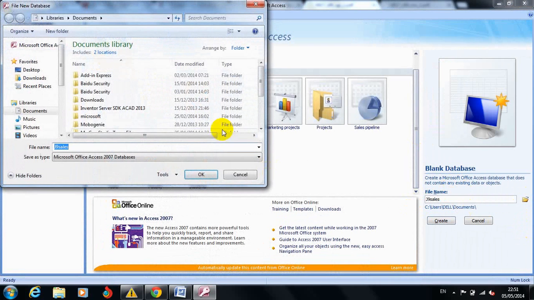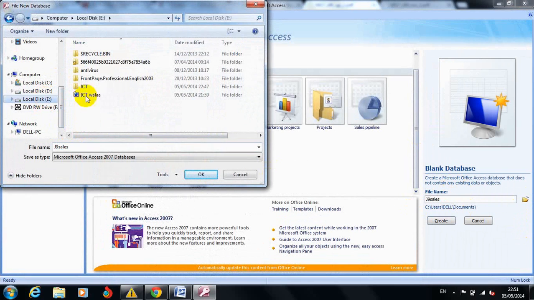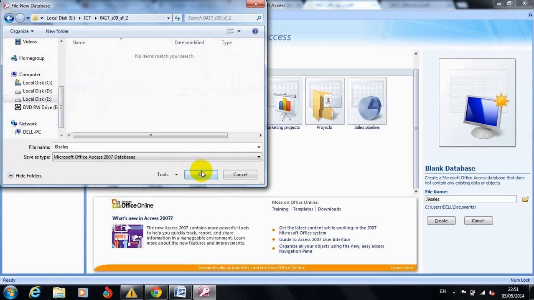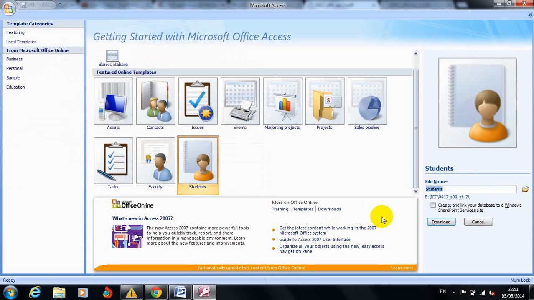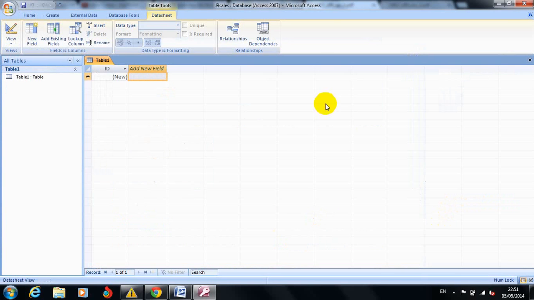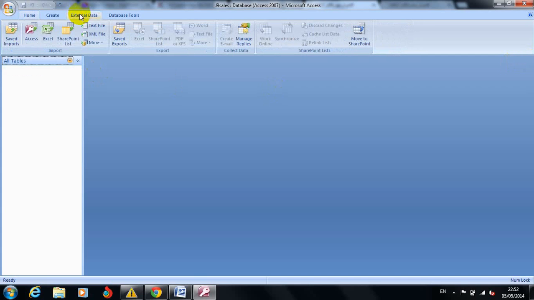and we'll save it in our folder. I will save it here in the folder for the supporting file for the May June 9. Create. Then we are going to close this one because we're going to import the file from external data, text